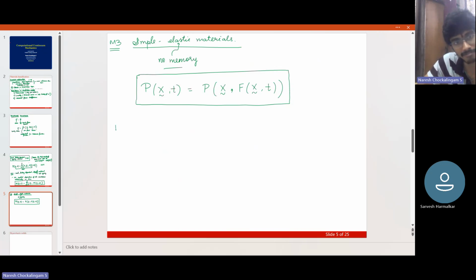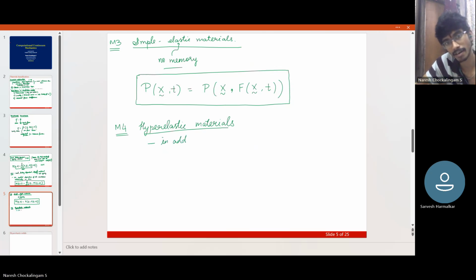Then you can have another class of materials called hyperelastic materials, which in addition to being simple elastic, have the additional constraint of